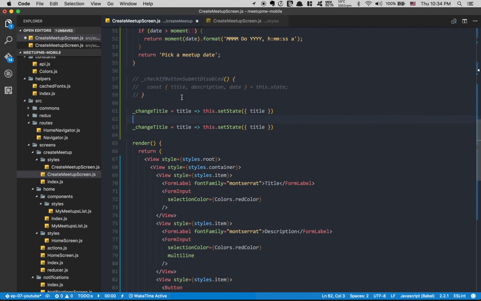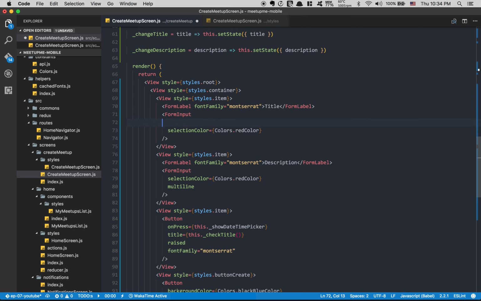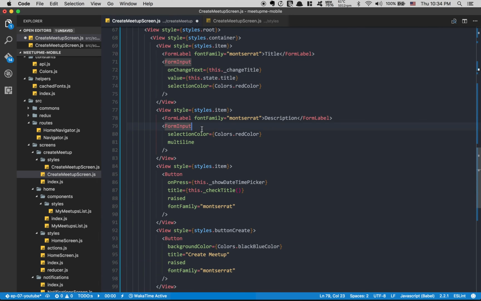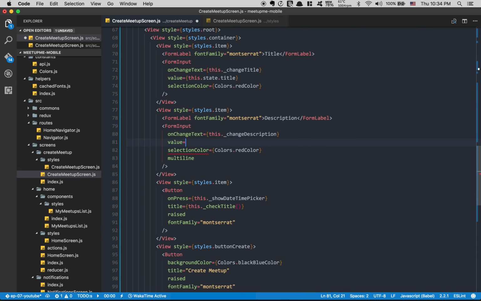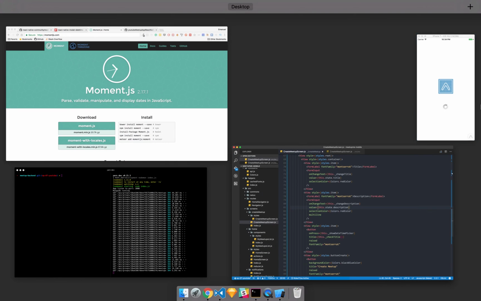And I'm going to do almost the same for description, changing the description. Now I'm going to call this onChangeText, this.changeTitle, and now my form input value is going to be this.state.title. And I'm going to do the same here on onChangeText: this.changeDescription, and I'm going to put value to be equal to this.state.description. Perfect. So now if I save this,